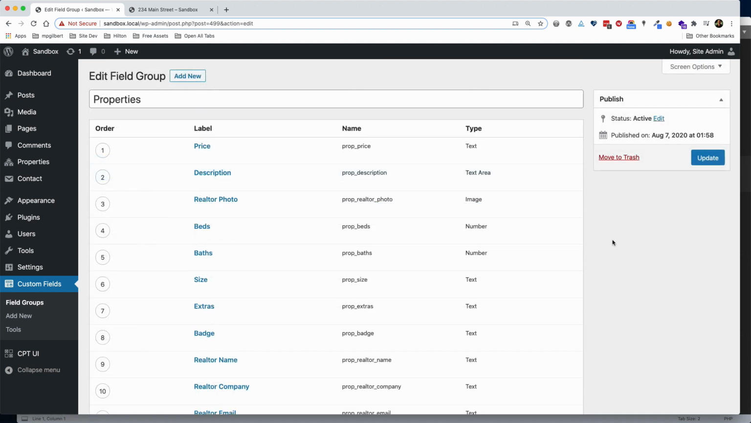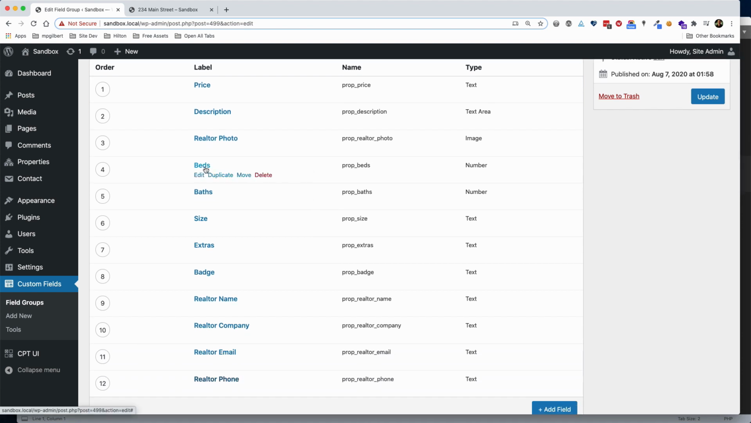I've created all of my fields here. So we have the price, description, realtor photo that we set up at the beginning. I've added beds, which I've set to a number. Baths, I've set to a number. And before I go on, you may have noticed that I set price to text. And that's because